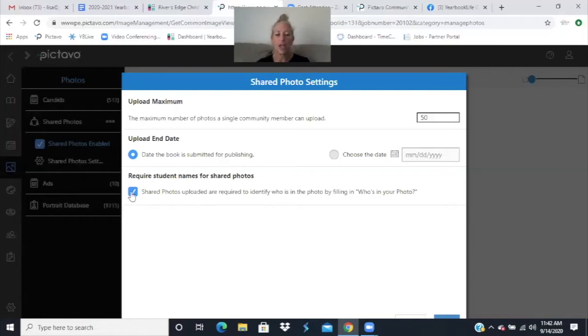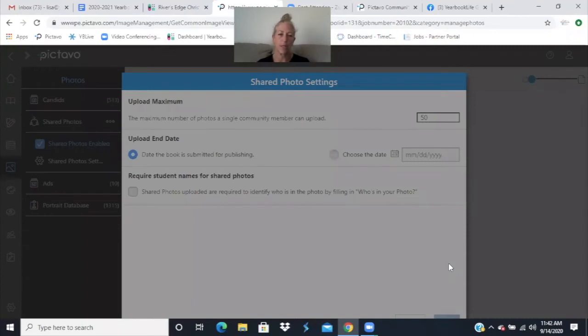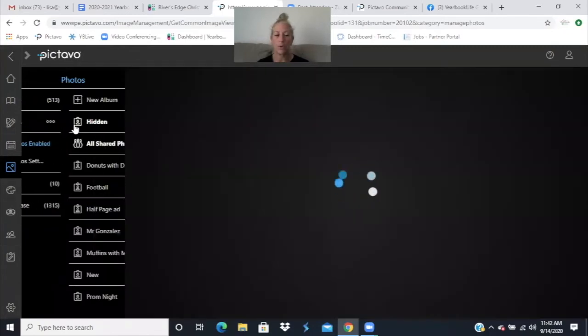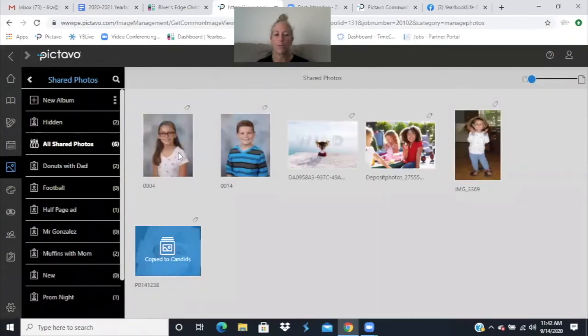But I generally, if I don't have a small school and I'm not doing an index, I generally will untick it because the more work a parent has to do, the less likely they are to upload. So a workaround to do that would be if you go into shared folders, grab all of your pictures